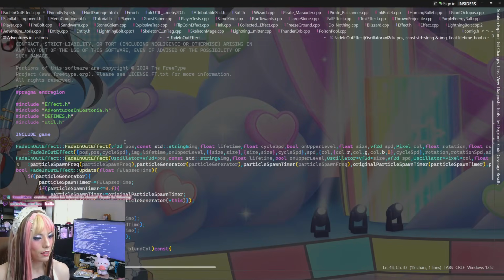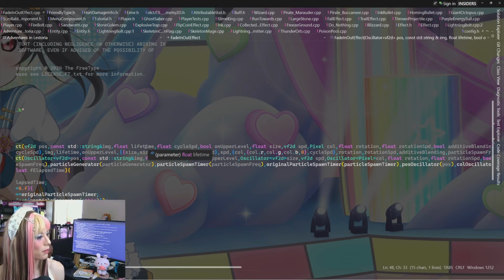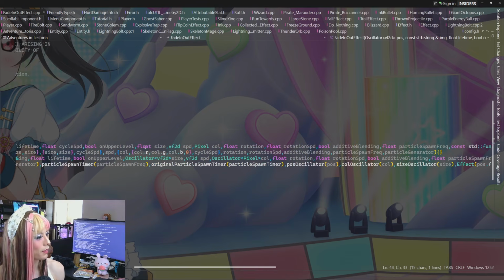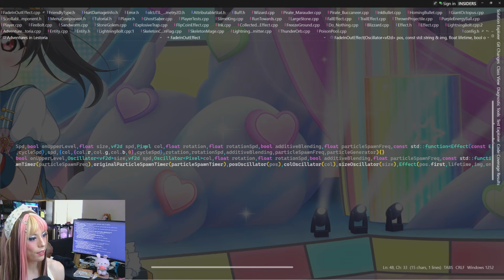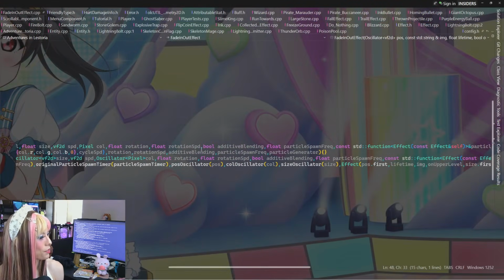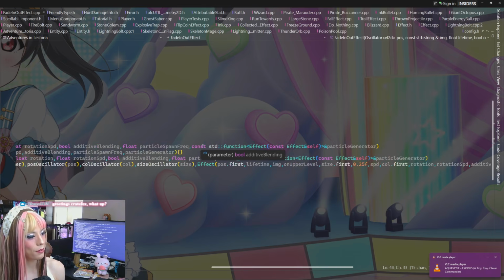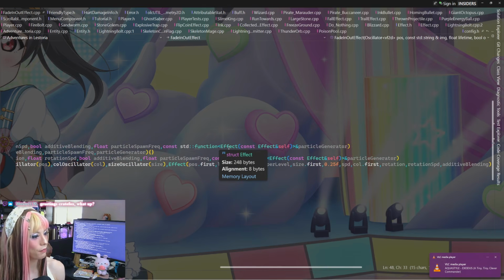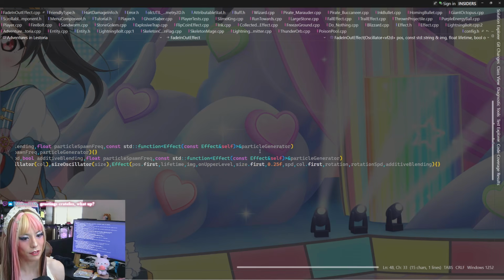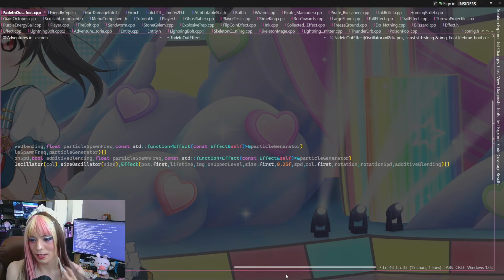So it's supposed to be VF2D pause, const string image, float lifetime, float cycle speed, bool on upper level, float size, VF2D speed, pixel color, float rotation speed, bool additive blending, float particle spawn frequency, a const standard function of return type effect with const effect reference. Self. Okay. I mean, it looks correct.